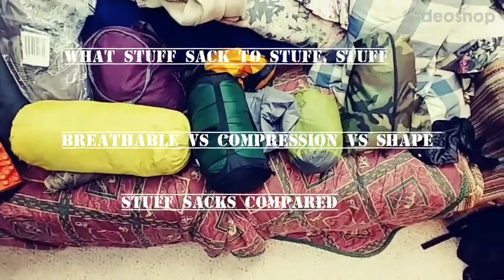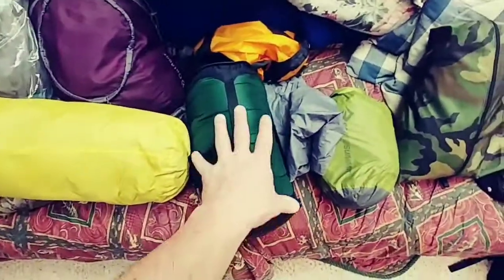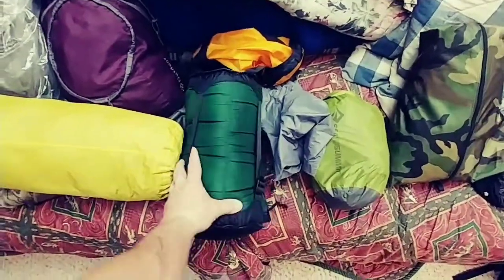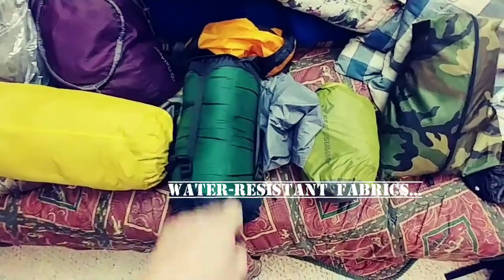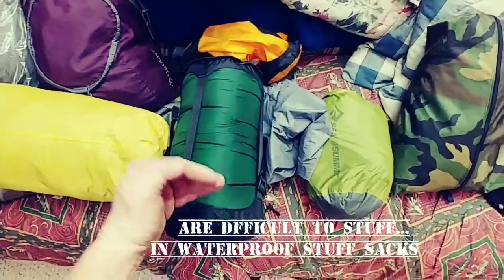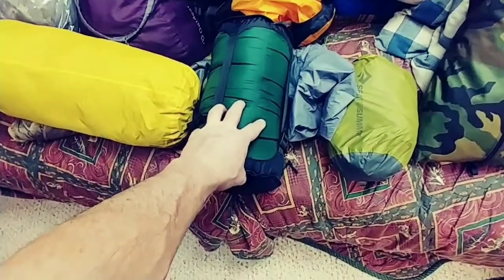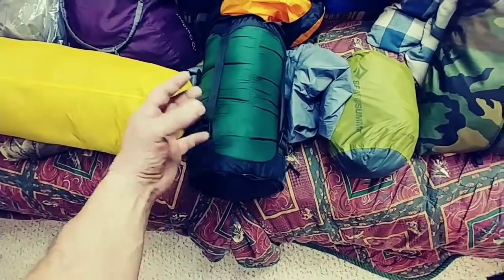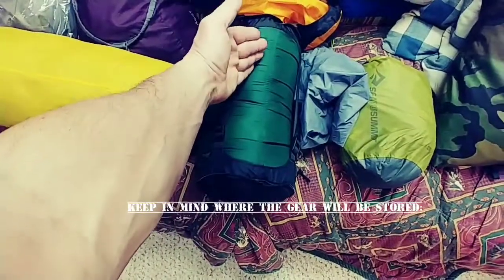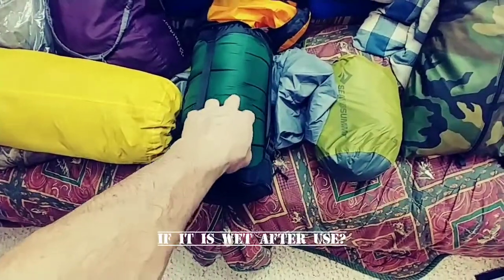Action. Stuff sacks. What kind of stuff do you stuff in the stuff sacks? Well, this one that compresses is usually down, something that really wants to pack down. I have a puffy jacket and an integrated Nemo sleep system with the pad sleeve. Additionally, you want the pad stuff that's really water resistant, doesn't stuff well, so you want this to be breathable,